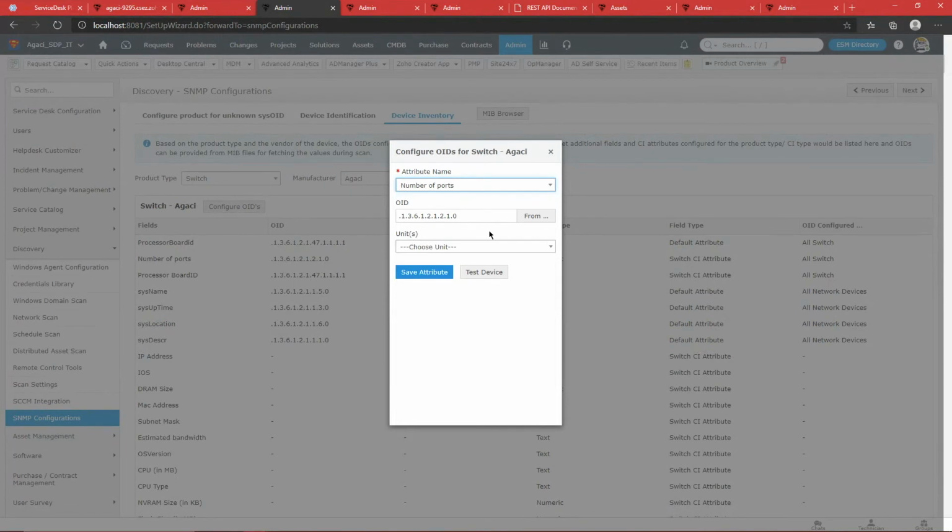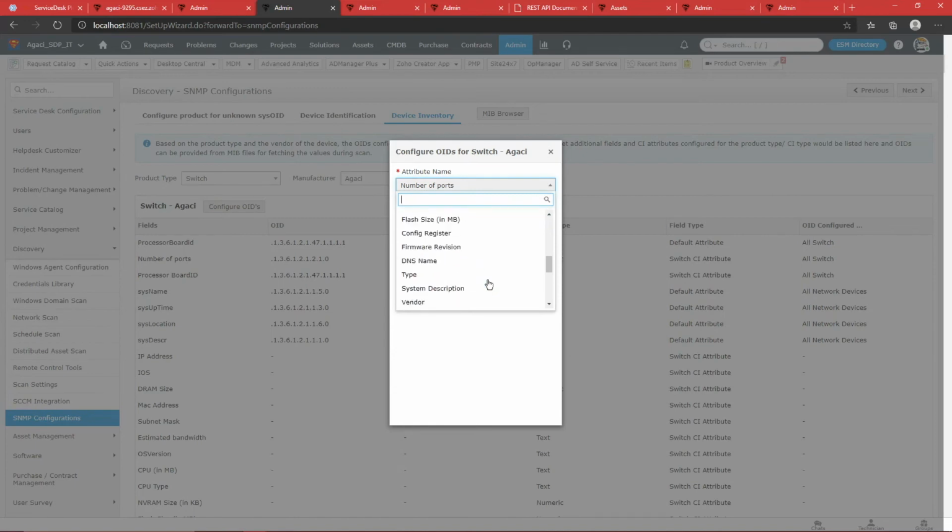So let's say you have bought a new Samsung router. You have added everything, the MIB file, the scan was successful, you have the information, but you do not have some specific information during the scan. Let's say you are not seeing the information of the host name. Okay, host name should obviously be there. So something like the secondary IP address, you have a different OID for the secondary IP address, and if you would like to map it to some specific attribute, in that scenario, you can simply go ahead and map